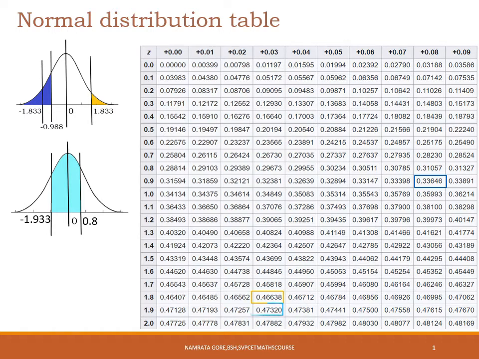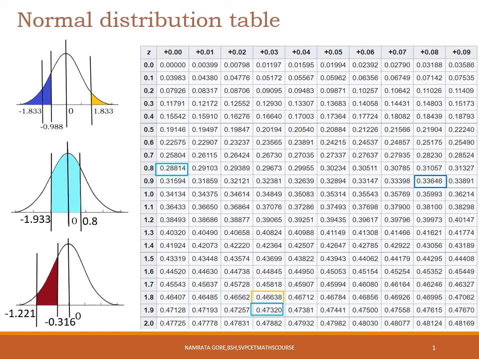So here we have 1.933, which is 0.47320, and this is our 0.8, 0.28814. Adding these two values, we will get the total area of this shaded region, and it comes out to be